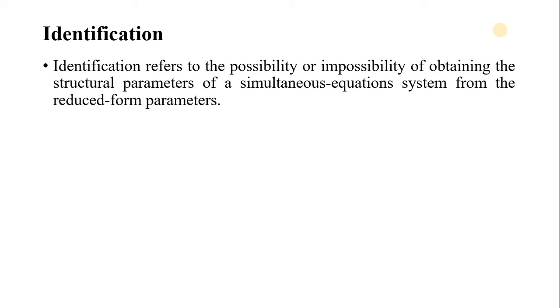I have told you that in a structural equation there will be parameters. For example, if Ct is equal to beta 0 plus beta 1 yt plus ut, this beta 0 and beta 1 are called structural parameters. Then if we solve this equation by substituting the value of yt, we will get an equation for yt and an equation for Ct, and in these we will get pi 0, pi 1, pi 2, pi 3. These are also known as reduced form parameters.